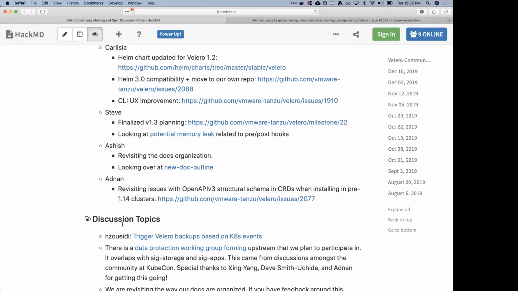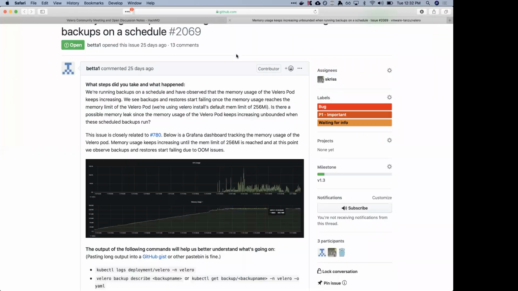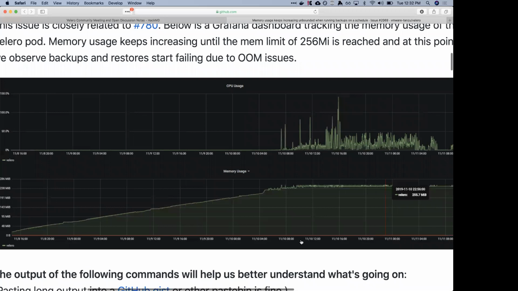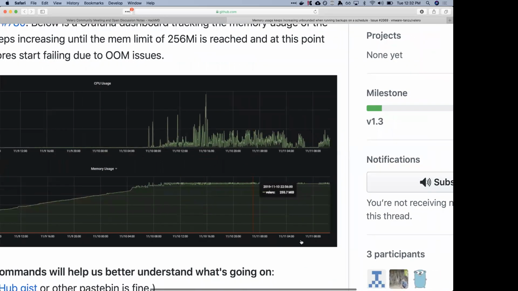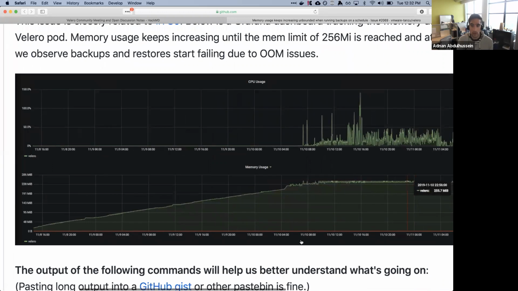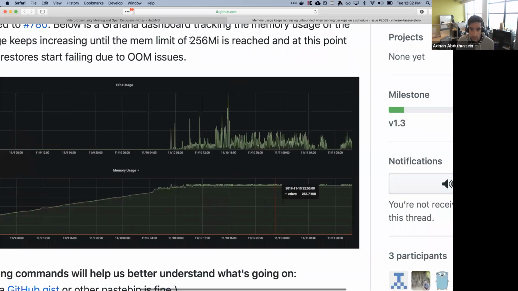Is that memory leak on a pod, and how long was the pod running, or how quickly does the memory rise? Looking at the graph, yes, there is an increase, but after the increase, it sticks around 238 megabytes. I think that's because of the limit, right? There's a limit on the pod.